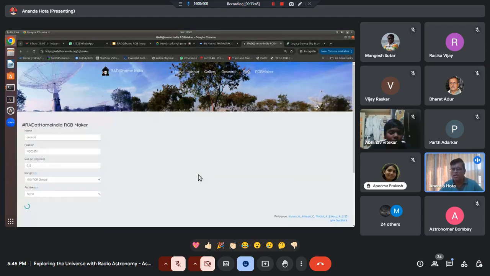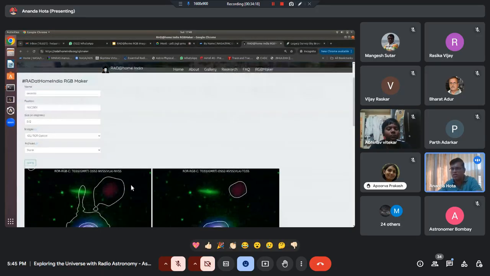It is going to make an infrared, optical, UV, and a radio, optical, radio RGB image, 4 images it will create. If it takes a little longer, then we'll go back to the slide. Otherwise, I will show you here. It is extremely easy. Our purpose is to understand what that colorful picture means. The next step is to measure this picture. What is the brightness? Where is the position? What is the size? How bright is it? What is the temperature, etc.